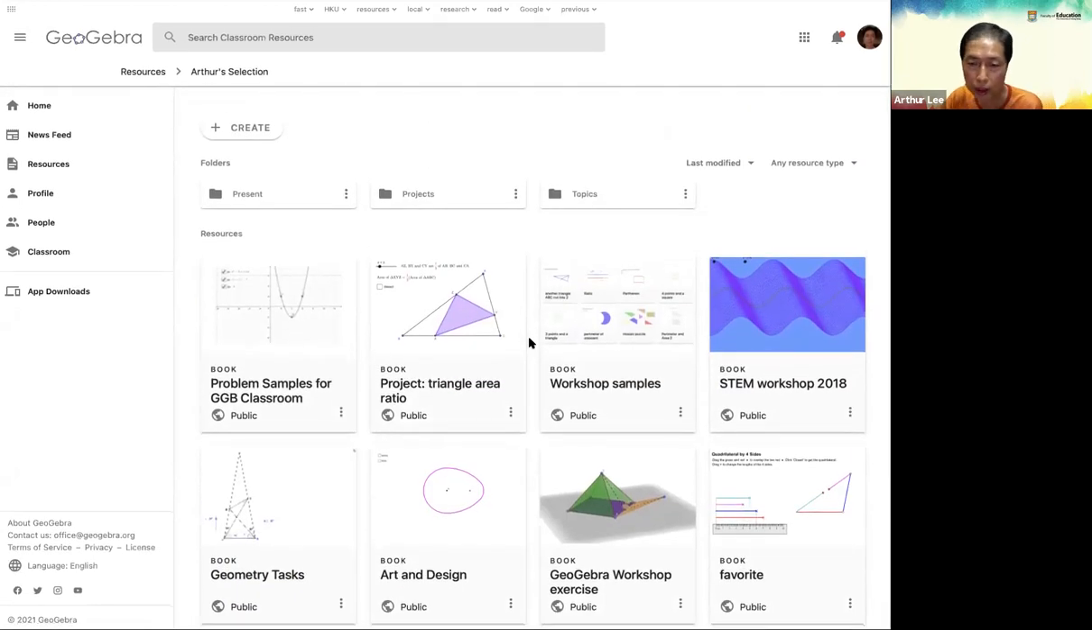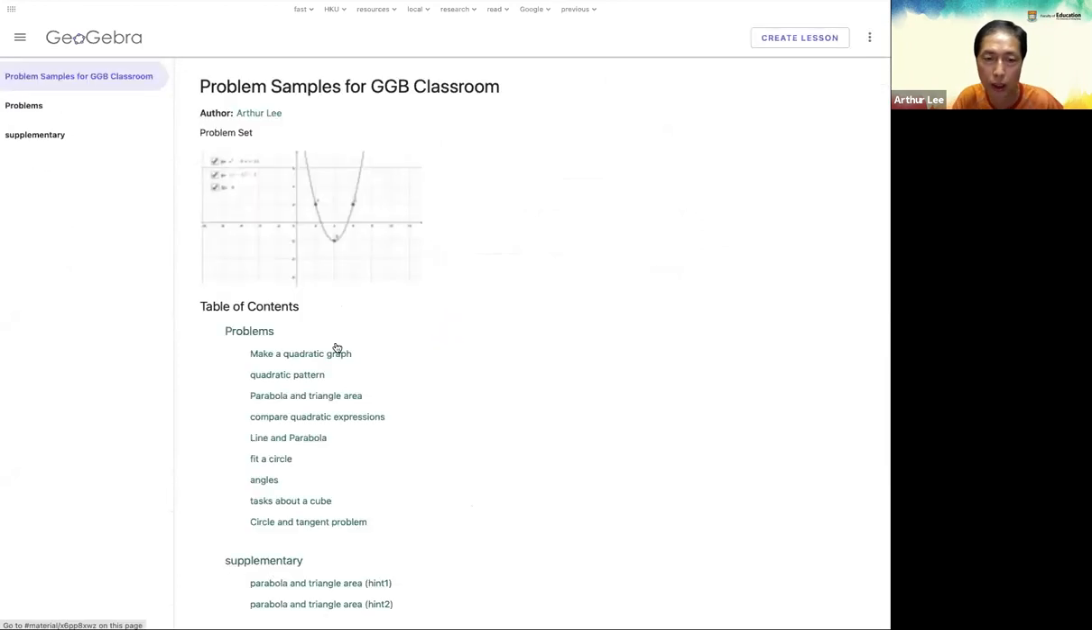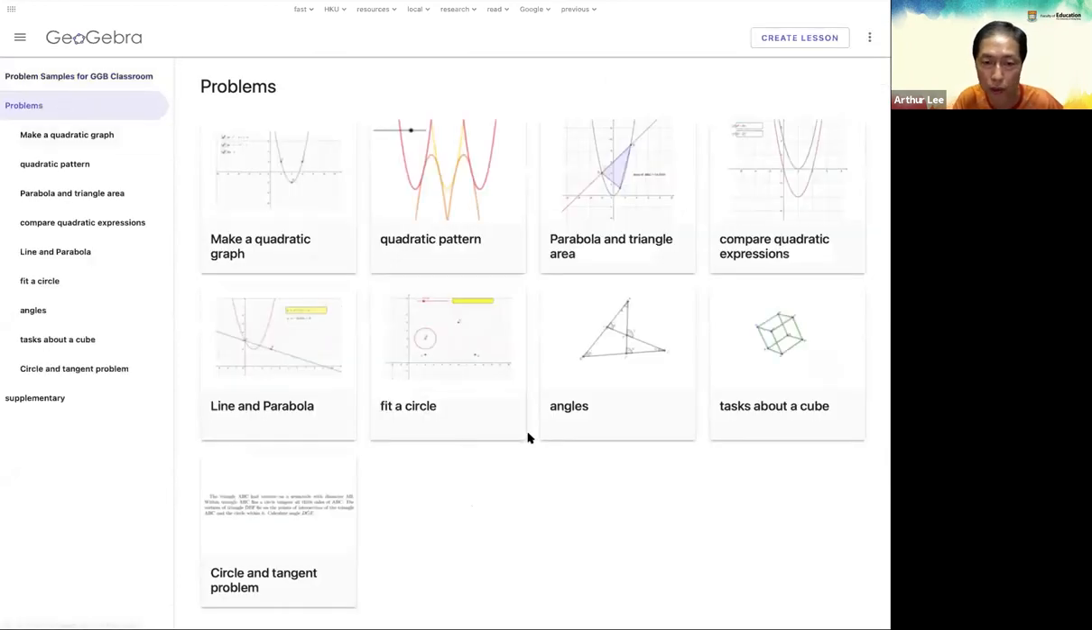Actually, in the first sections, I try to directly open some files here and then show how we can use it, particularly the use of the classroom. So this set is particularly used for GeoGebra Classroom. That means the student can interact directly with you, right? And so I may not show it directly now, but I think I come back to some ideas of creating